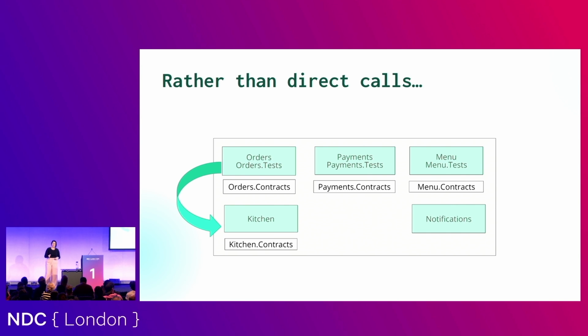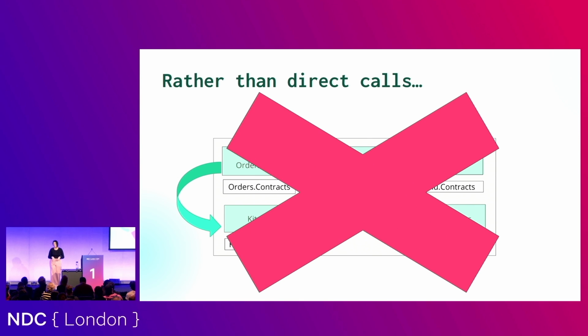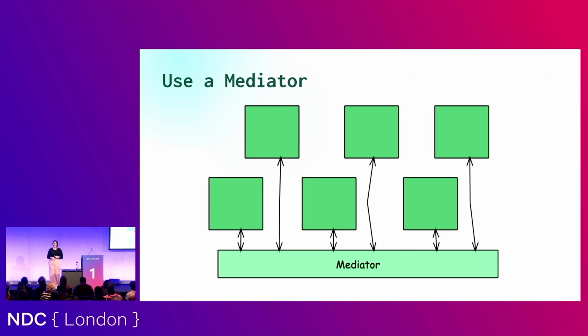So rather than direct calls between our modules, we might use the mediator pattern, for example. Okay, so we have our mediator. You could use mediator from Jimmy Bogart if you like, but again, that's complexity. A standard mediator is quite simple to implement. I say simple because everything's always difficult and it depends where you're coming from, but it's not excessive to implement, and it's good to understand how a mediator works.